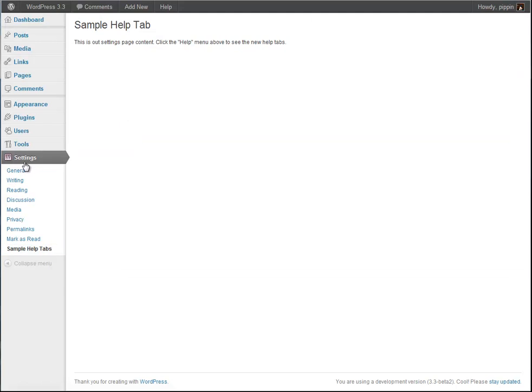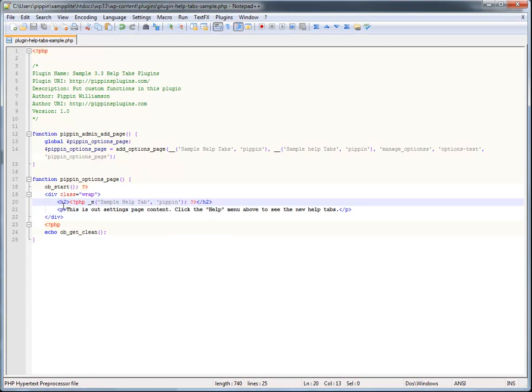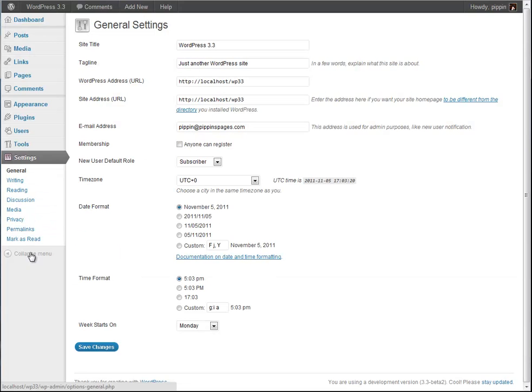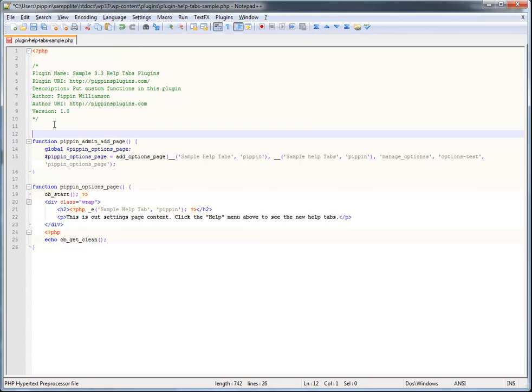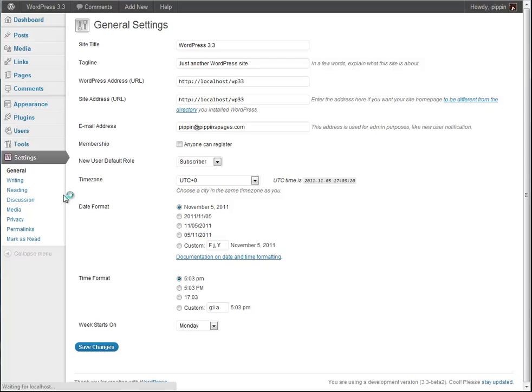So if we actually go into our settings page now, oops, one last thing. So you'll see our settings page isn't there. That's because I need to use our admin menu hook, just like this. So it's add action, admin menu, and then the name of our function that actually loads the admin page, just like that. So now if I go and refresh my settings,